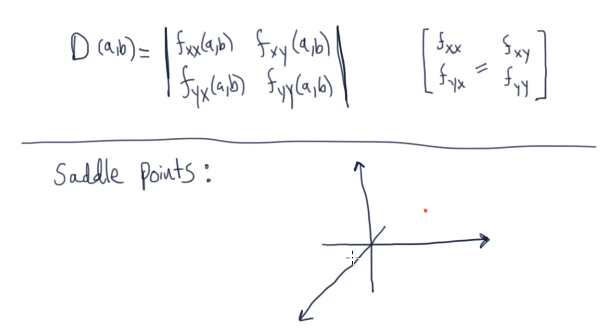And so somehow, if we have a local max, then if I look in the x direction, we'll have a local max, and I look in the y direction, we'll have a local max. So there's somehow a consistency in any direction that it's a local max, and same for a local min. Well, a saddle point happens basically when there's some inconsistency. So for instance, if I look along the y direction, I have a local min, but then if I look in the x direction, I have a local max,